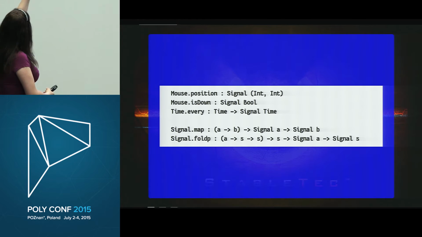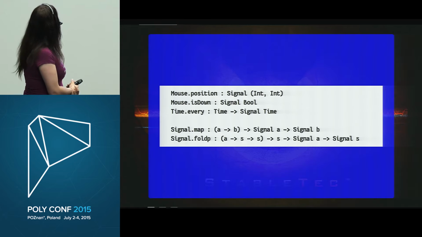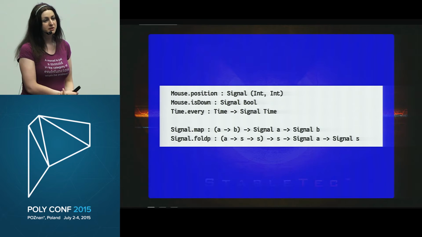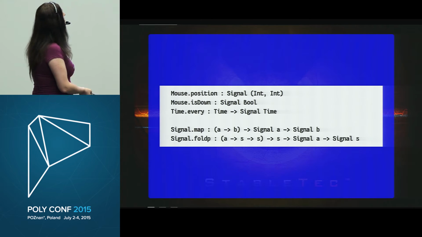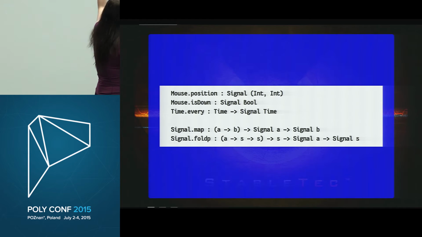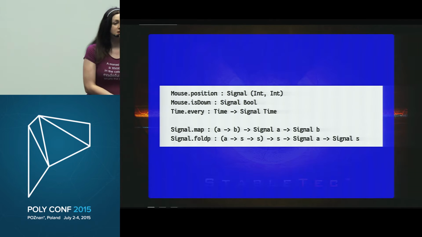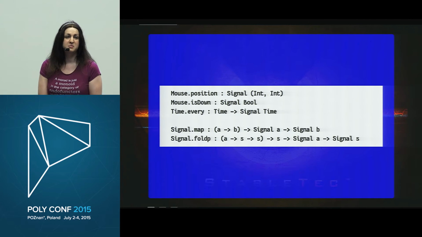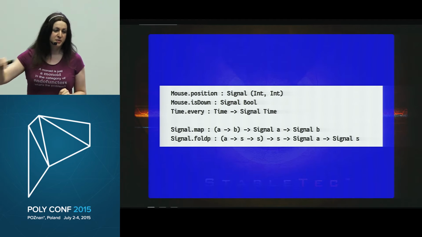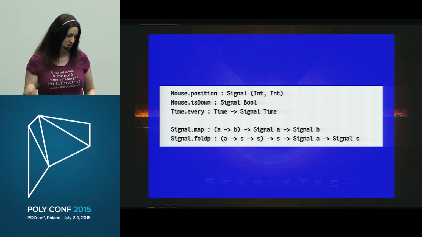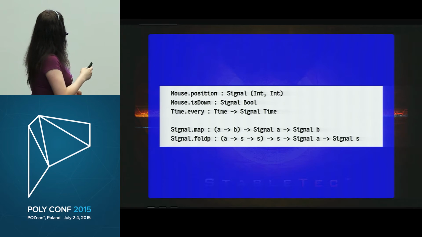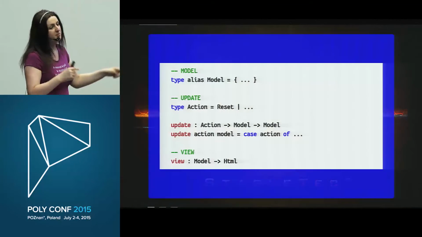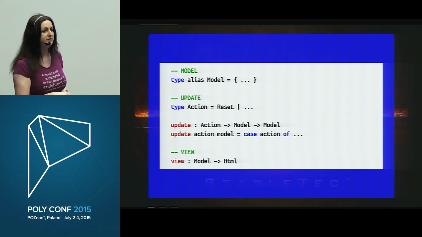For instance, you can have a signal which tells you where the mouse pointer currently is. You can have a signal which says whether the first mouse button is pressed. And you can have a signal that ticks with time. More interestingly, you can take signals and map over them. You can fold over them. So you can create transformations, building a pipeline. And in the architecture model, that's essentially what's going on. You can think of the update as a map, and then you pipe it into the view,